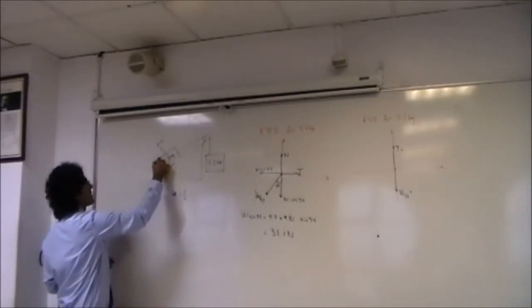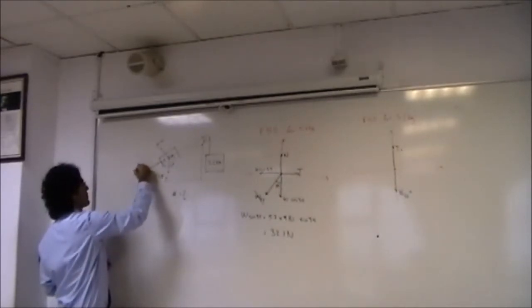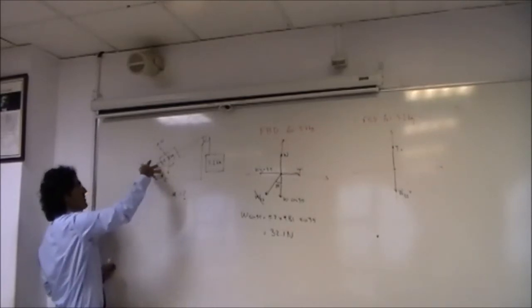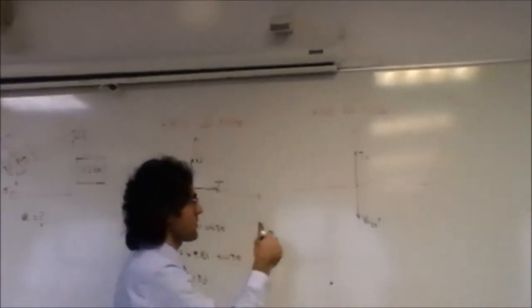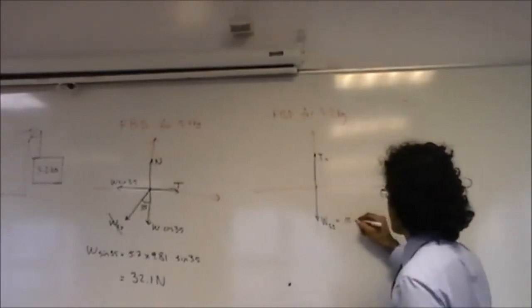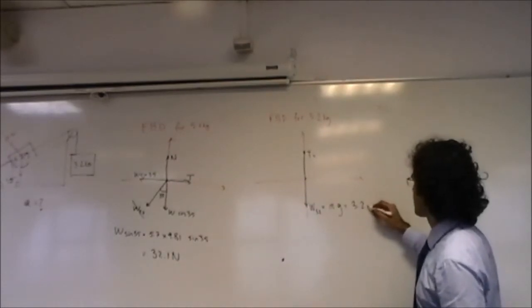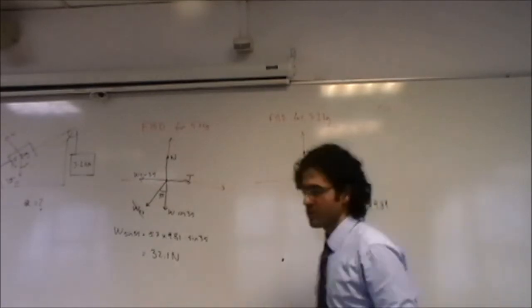So you can see that there is a force applied in this direction which is 32.1 newtons. This force is the one which is trying to pull this system in the anti-clockwise direction. Let's find out the weight of this object, which is m times g, which you're going to get by multiplying 3.2 by 9.81, and that is going to give you